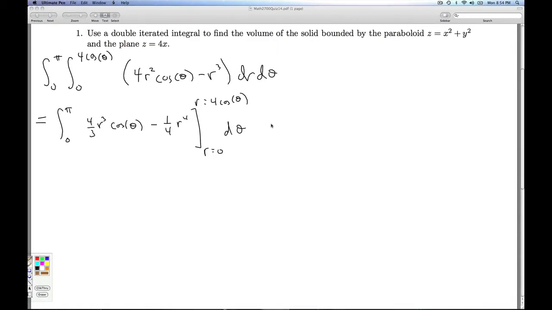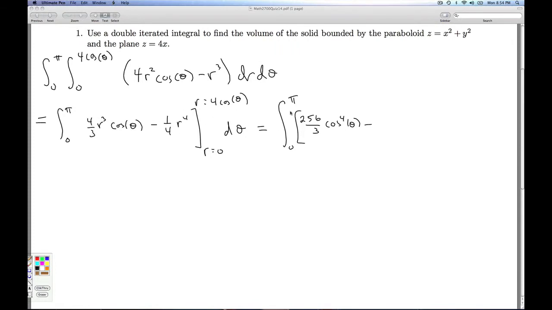And then this is an integral with respect to theta, from 0 to pi. When I plug in r equals 0, that's going to cancel out. When I plug in the 4 cosine theta, I get 4 cubed, 64, times 4 is 256 thirds. I'm going to get a cosine cubed here and another cosine, that's cosine to the 4th theta,